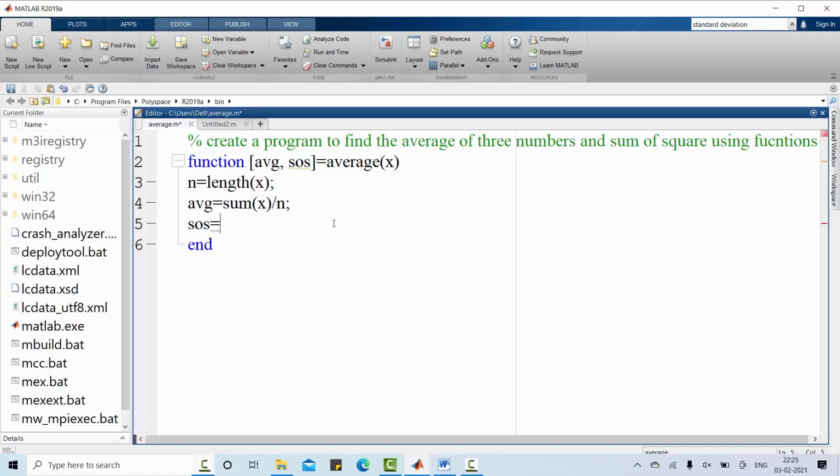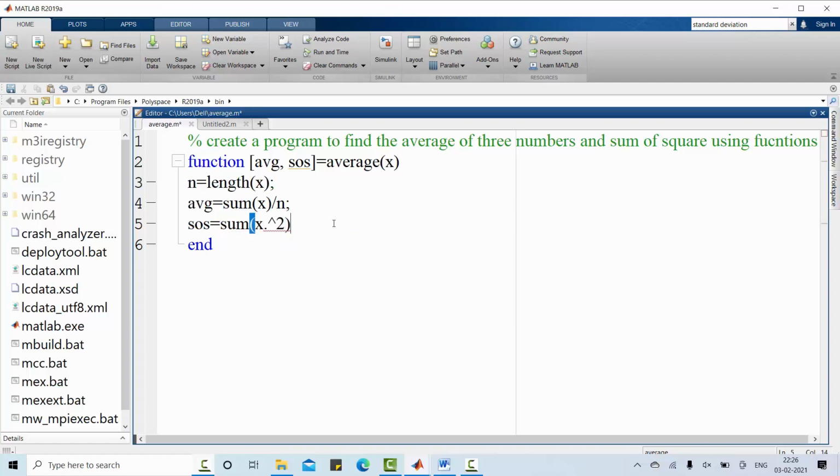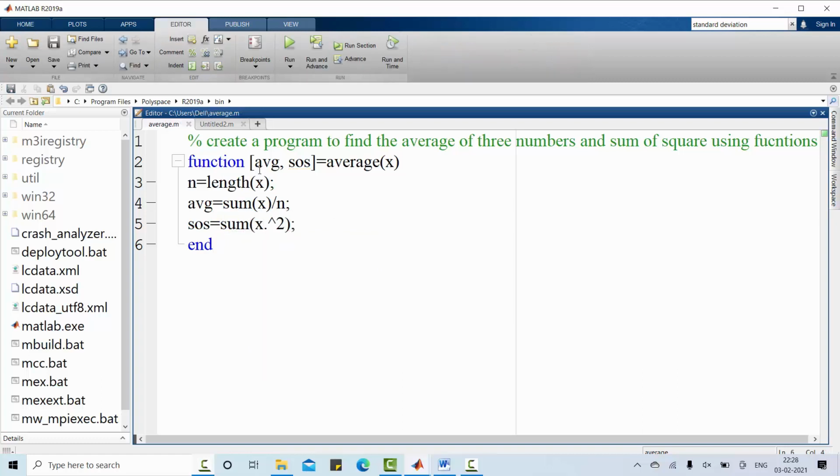SOS is equal to sum of square x, dot element-wise square. We have to collect two outputs from this function. One is average, which is defined here, and SOS, the sum of square of the given numbers, which is defined here.